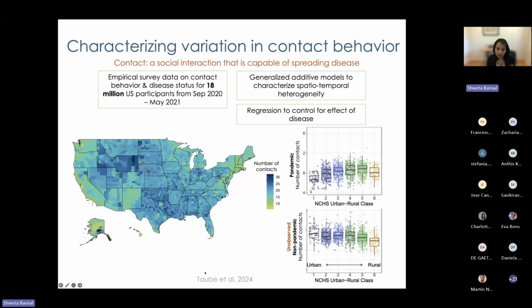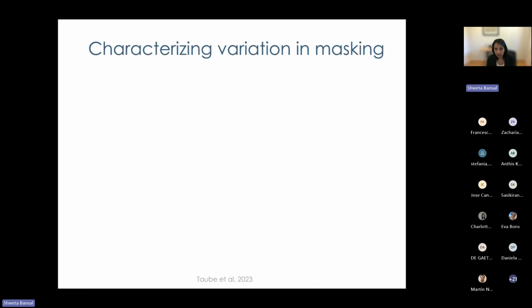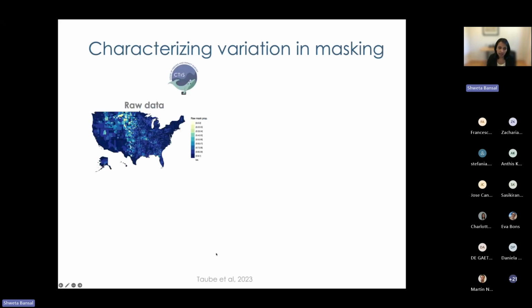So from this point, of course, this was our first effort to think about behavior, but we wanted to think about other behaviors as well. So secondly, we wanted to think about masking. And so we went back to the survey and looked at masking data from it. But our first attempt to look at this produced this map, which, if you can't see the legend, suggests that every US community, every US county, was masking, 90 to 100% of the population was masking over time during the pandemic. Now, for anybody who may not have visited the US during this time, this was very much not the case, right? So we understood that there must be some bias in this data